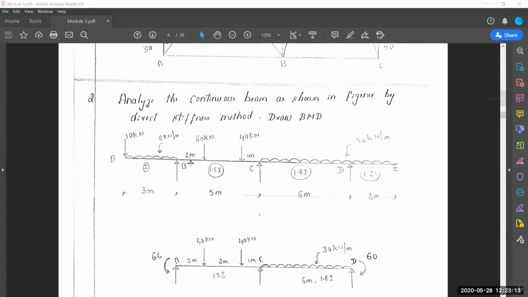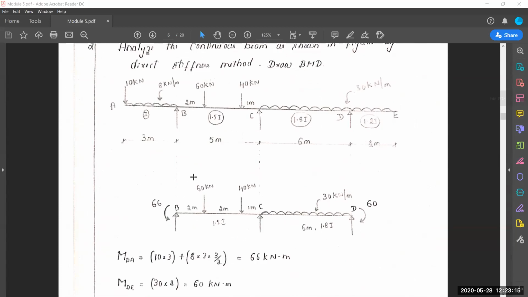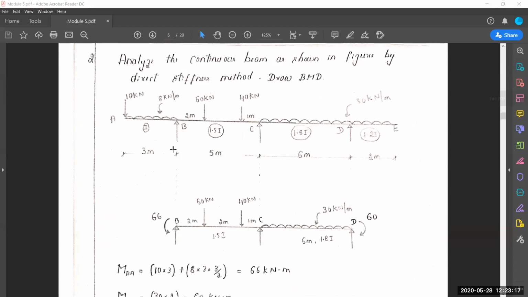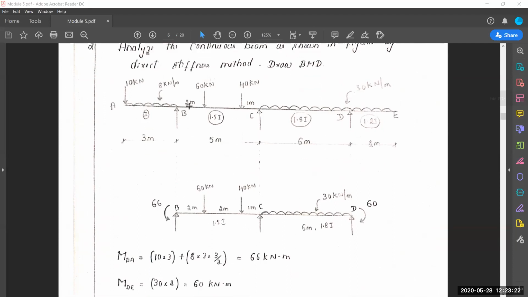Here the number of unknowns will be 3 because DOF we are going to get 3. Theta B, theta C and theta D. Okay. So consider individual spans. See, always when you get overhang portions, convert that overhang portion into one moment so that half of the problem burden will get reduced.